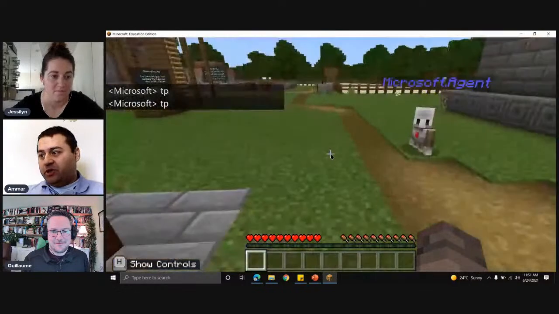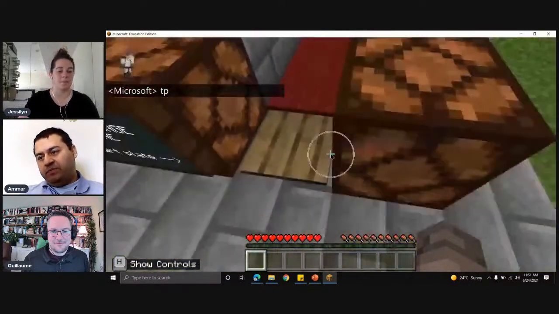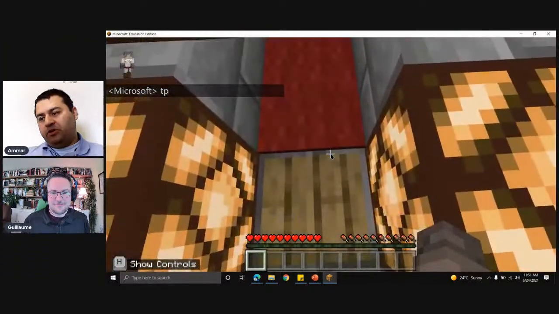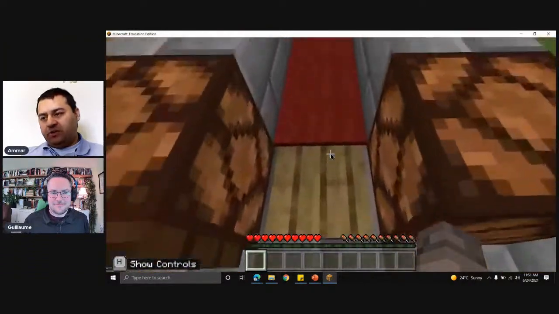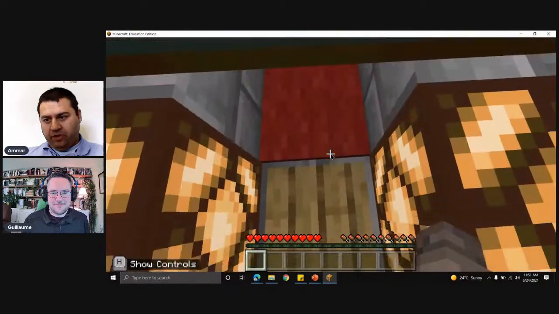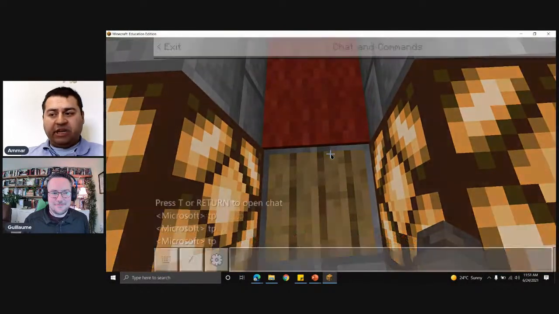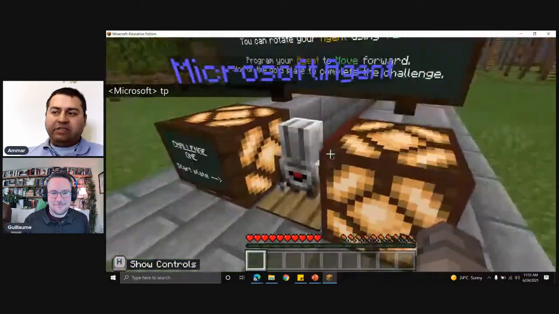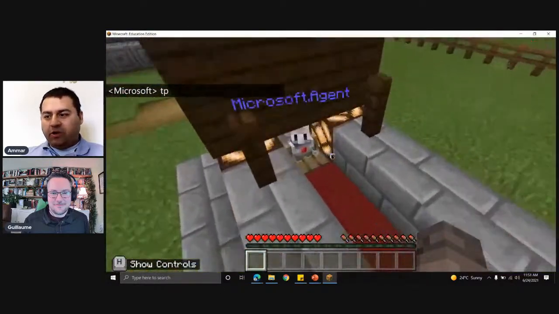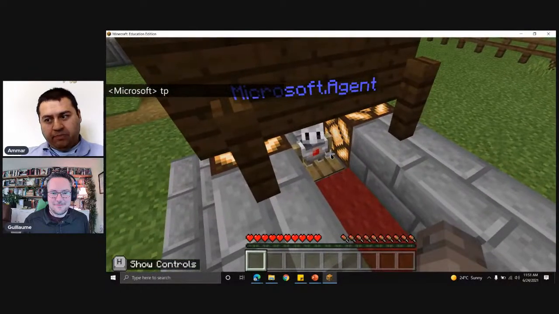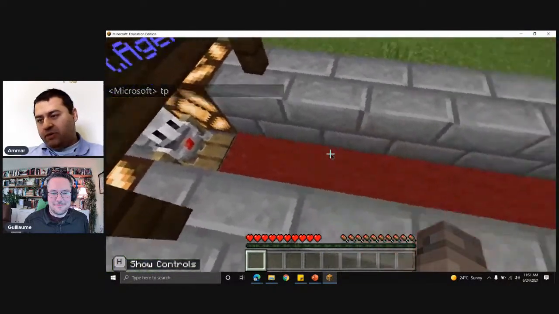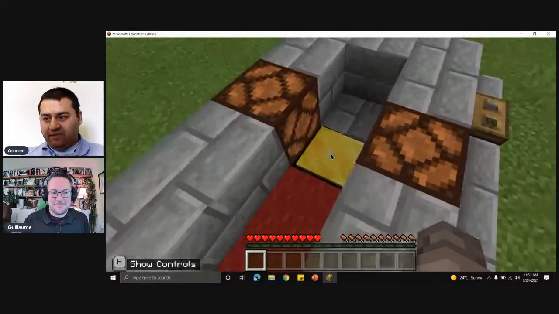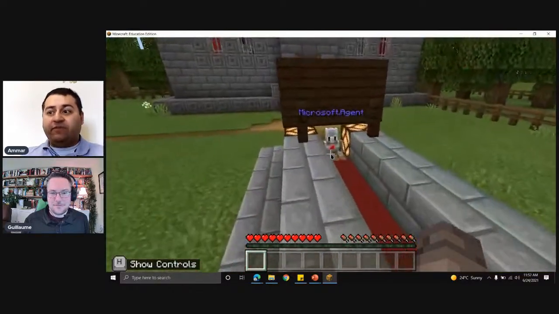So when you're ready, I want you to stand on this wooden plate right over here. You'll know you're standing on it when those lights go on. Stand there. Press your chat and press TP. Our little buddy is ready to start right now. Our goal is to get him from right over there all the way down that gold plate. When he gets over here, we know we've finished the first challenge.